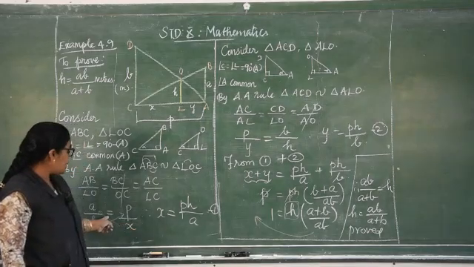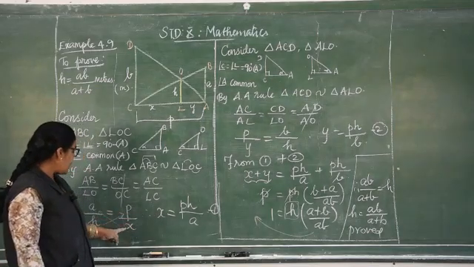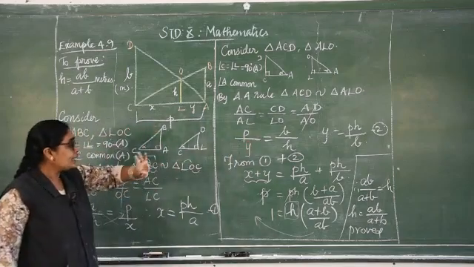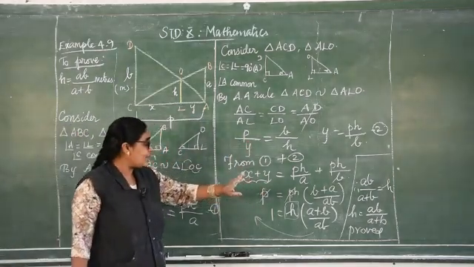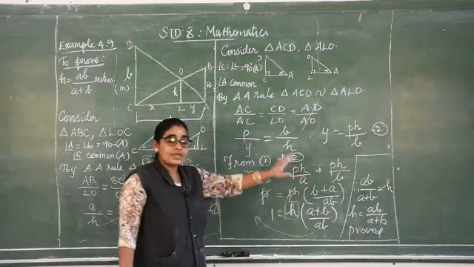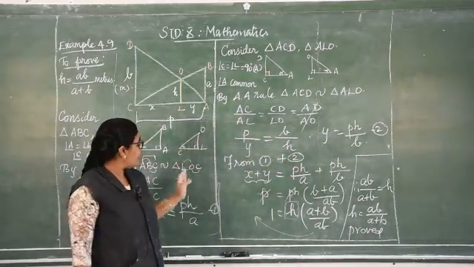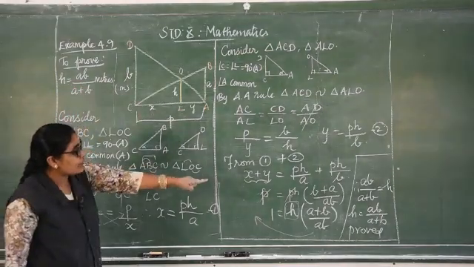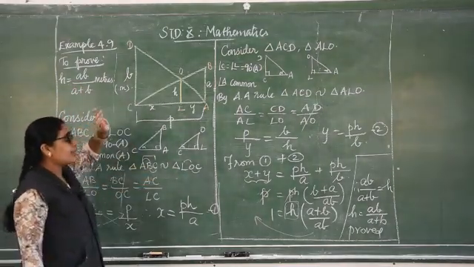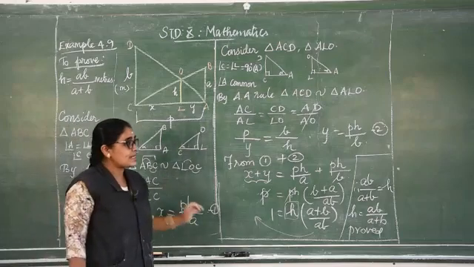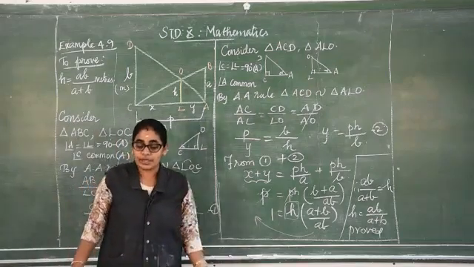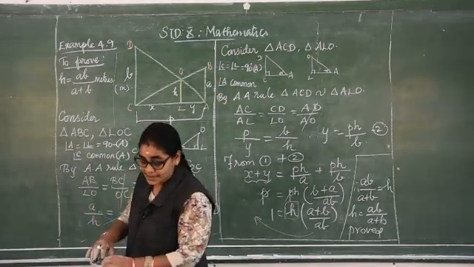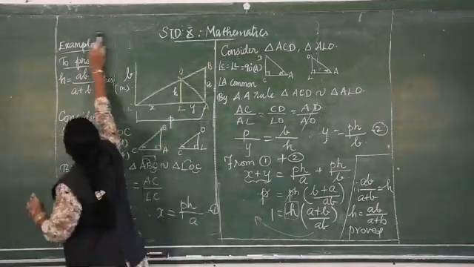So we considered here a small change, already made. Consider X alone on one side, so you can easily get Y alone on the other side, and adding these two you will get the P value and H value directly. So the examples got over. We have proved H is equal to AB by A plus B. With the conditions we learnt in the examples, we are going to learn in the exercise sums. Now I will start the exercise sum, exercise 4.1.